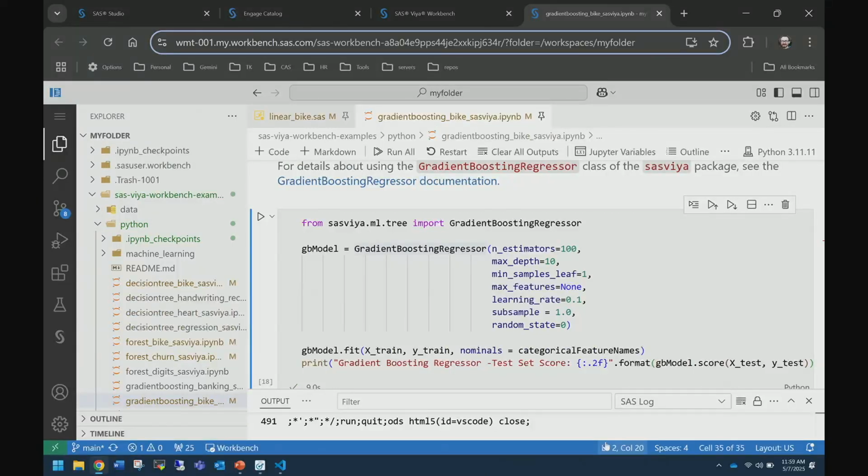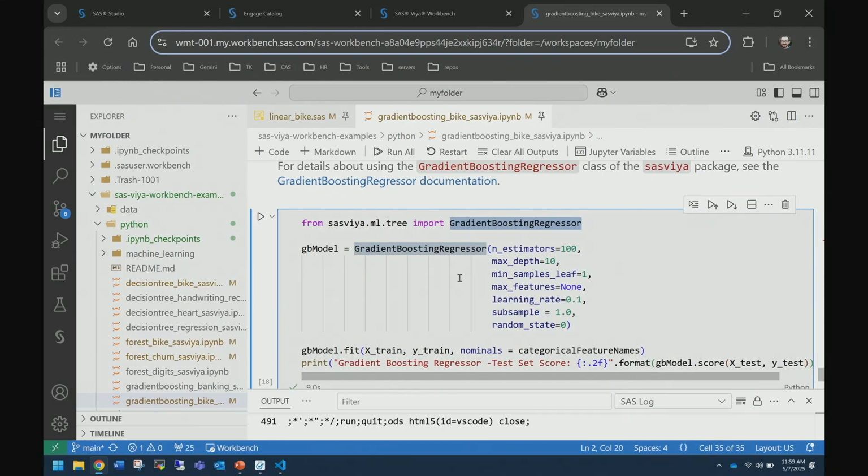So this is slightly different than the other one, which was the linear regression. It's using gradient boost. You could have used the linear regression, but this example just shows gradient boost. But the key is using the VIA Analytics to generate a model. The cool thing is this is using the same binary math that is actually occurring. It's the same componentry that we saw in CAS in the first example, that we saw running in SAS, and that we're seeing here running in Python. So you're getting the same results regardless of the way that you're invoking it, and so you're able to utilize it in a lot of different ways, whichever way is best for you.